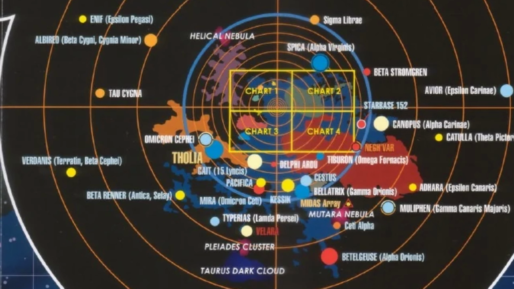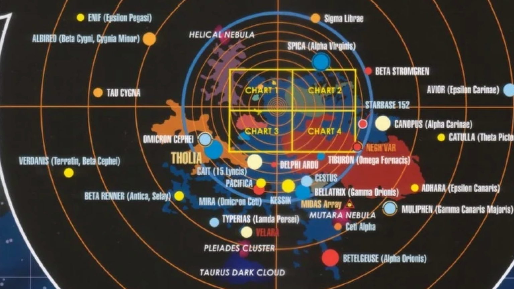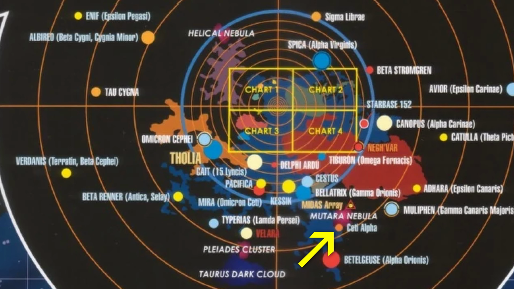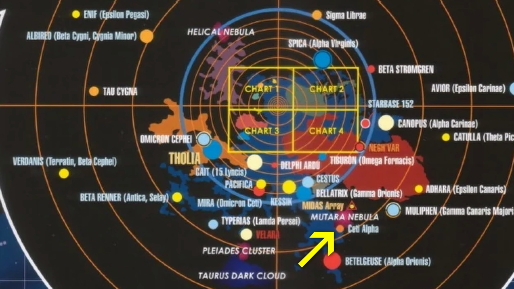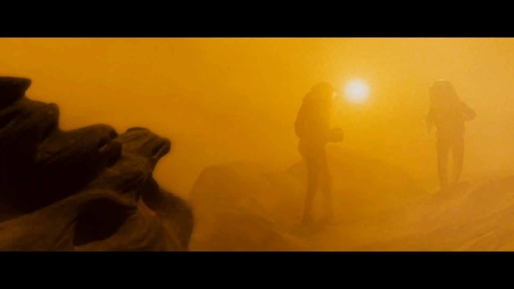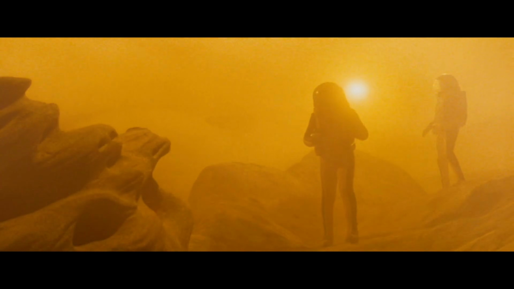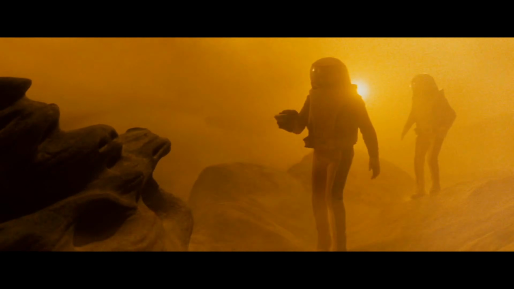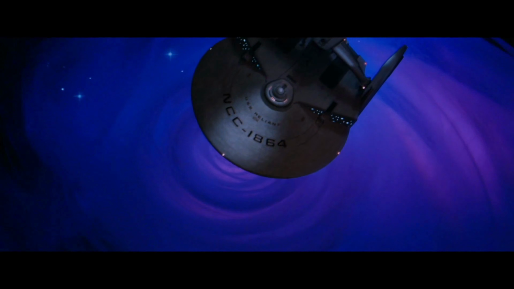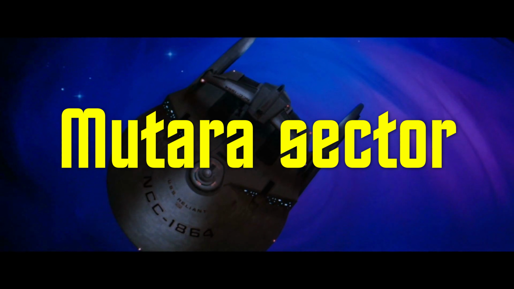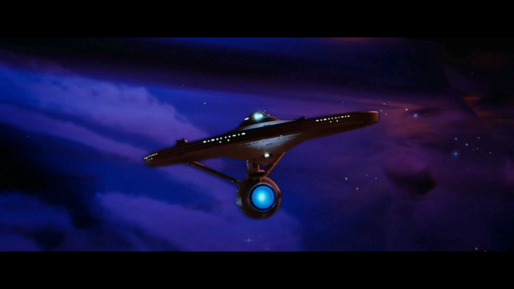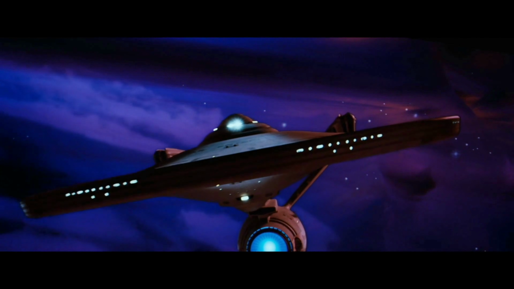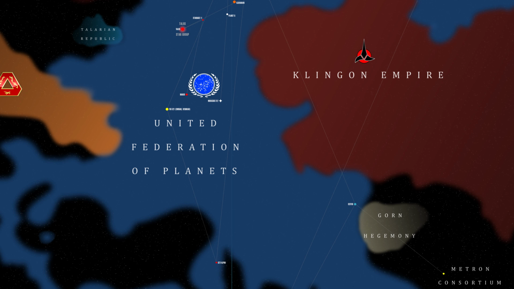Stellar cartography and its predecessor, Star Trek Star Charts, place Ceti Alpha much farther away in the Beta Quadrant near Metron space, despite the system canonically being in the Alpha Quadrant, which would be more consistent with the location of other stars in the Cetus constellation. However, the Mutara sector, containing the Mutara Nebula seen in Star Trek II, The Wrath of Khan, is canonically located in the Beta Quadrant. So, in my next major deviation from the chief Trek star mapping sources, I'm placing Ceti Alpha closer to Mira,